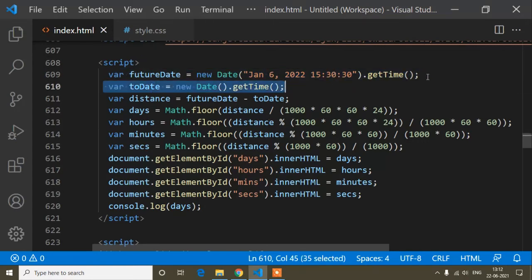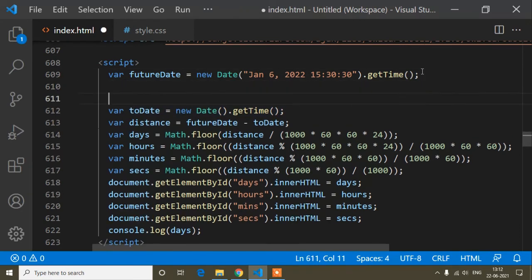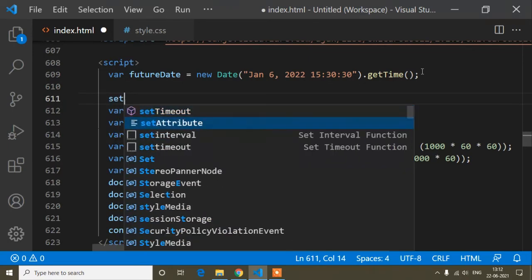We can write a method that's called setInterval. So here I will write a method name that is setInterval. Whatever value I put inside this setInterval, every that value the page will be refreshed.